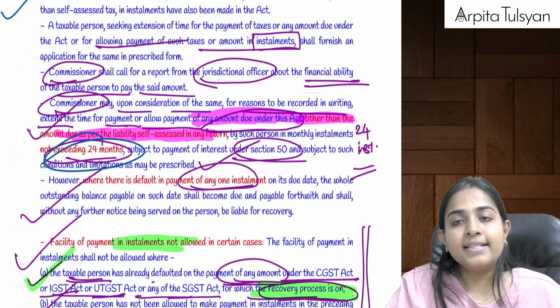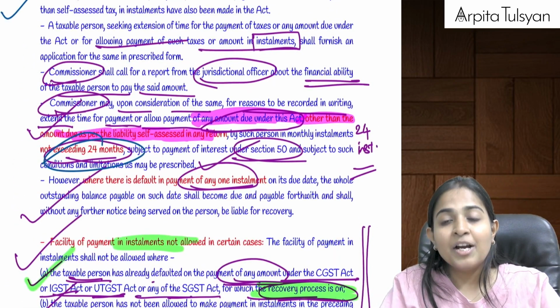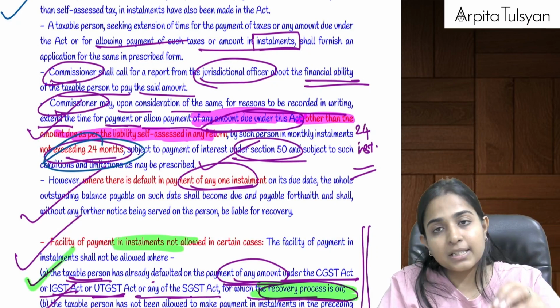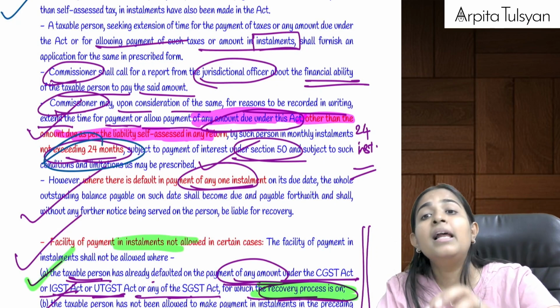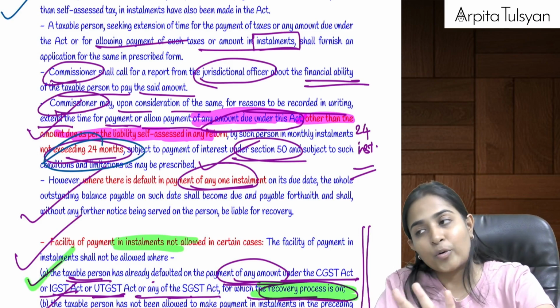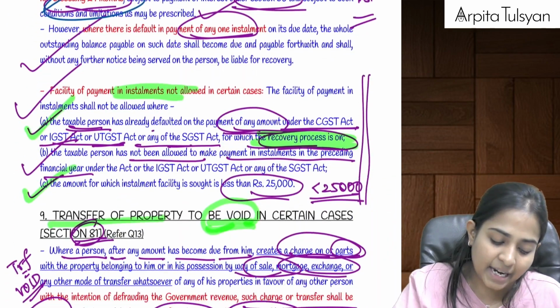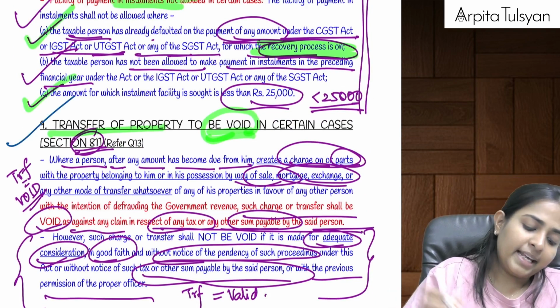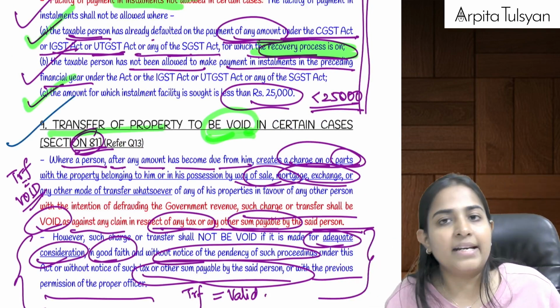So any such person who is only cooperating, who has never been given any restrictions, if that person's financial condition is not stable and if the amount due is more than or equal to 25,000, then only can installment facility be allowed to such a person. Very clear with this? Then going on to the next section, section number 81, which says that